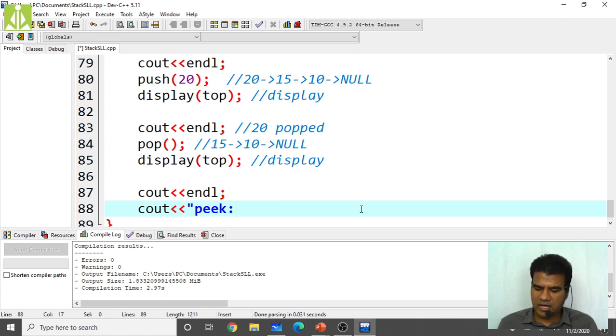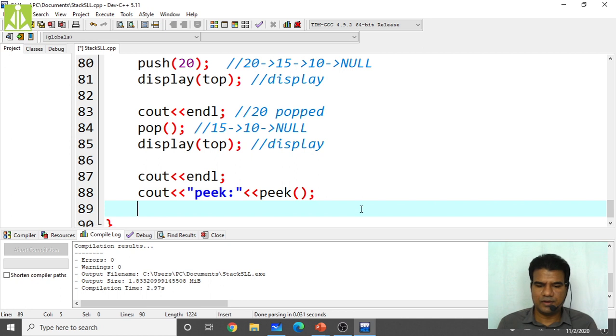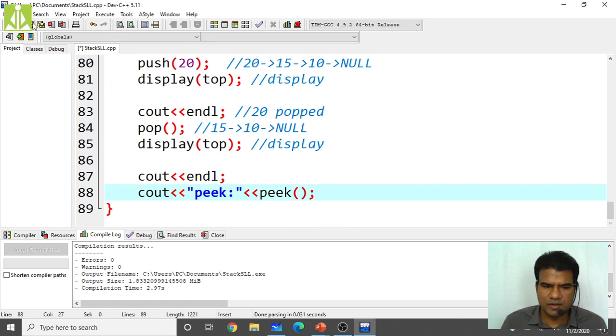What element we are peeking, that element also we have to print now. So simply call that peek function like this. Good. Then display. No need of display, the peek itself displays that one, isn't it? So no need of display over here.